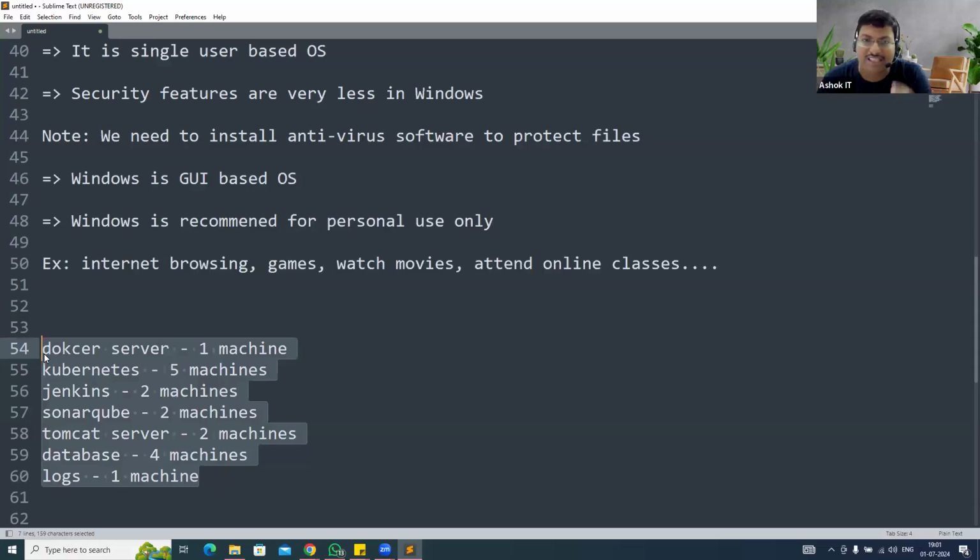So we need to purchase licenses for 16 operating systems, and 16 antivirus licenses we have to purchase. So it is costly. The project cost is going to increase when you use Windows machines to run your application. Okay. So for Docker, I need to purchase a machine. Right? For that, a license is required, an operating system is required, and Kubernetes software, Jenkins software, SonarQube, all these softwares we can't install